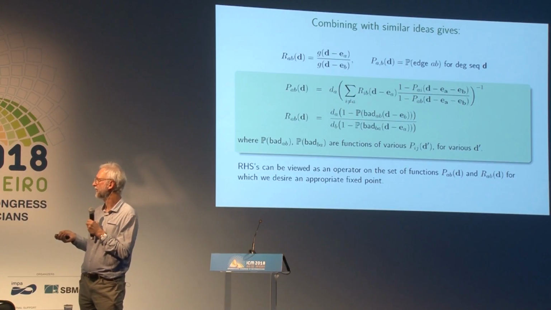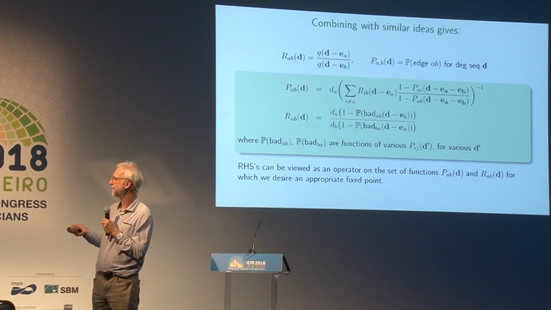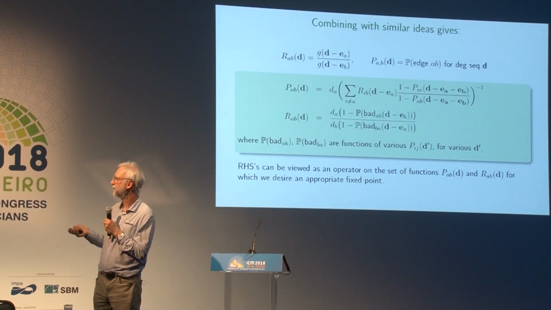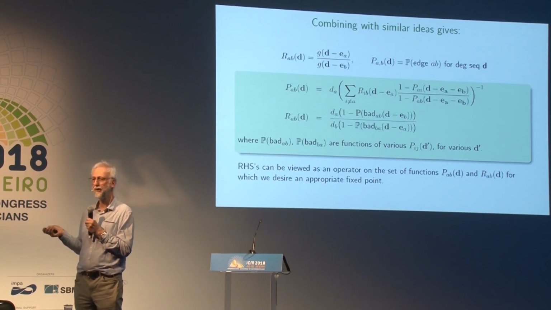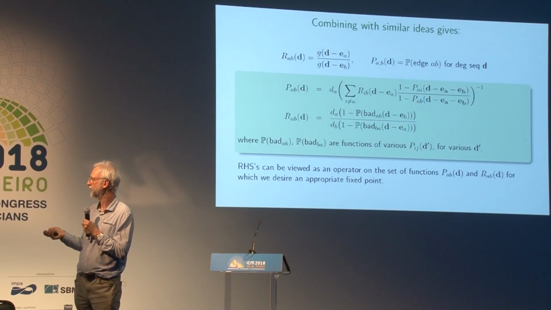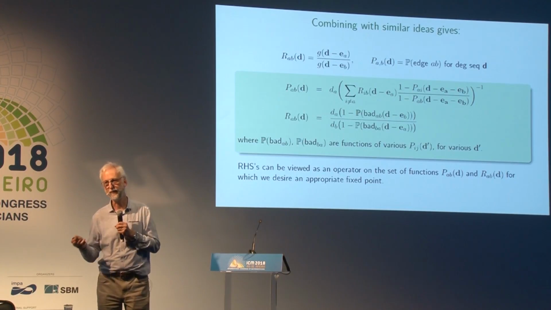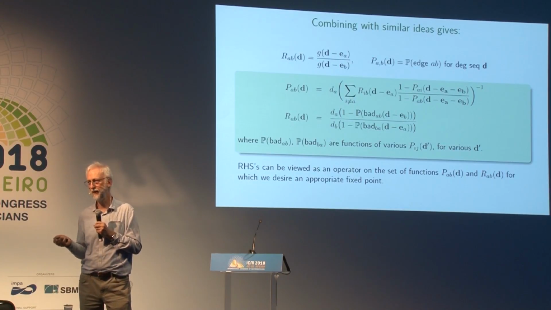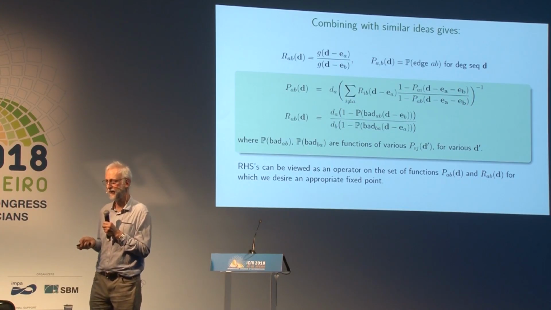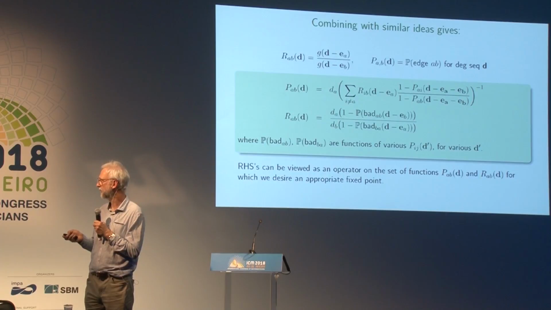But a good way to view it, I think, is the right-hand sides here. They're like operators on the functions P_AB as a function of degree sequence and R_AB as a function of degree sequence. Now, what I've hidden here is actually the probability of bad involves p's, but for different degree sequences from what you started with. So in general terms, what we want now is to find a solution of these, so we want a fixed point of those operators. But when it comes down to the nitty-gritty and you have to define the operators, exactly what domain they're working on, it gets a little bit complicated. But the basic idea is just that we're after a fixed point, and we've got a fixed point in